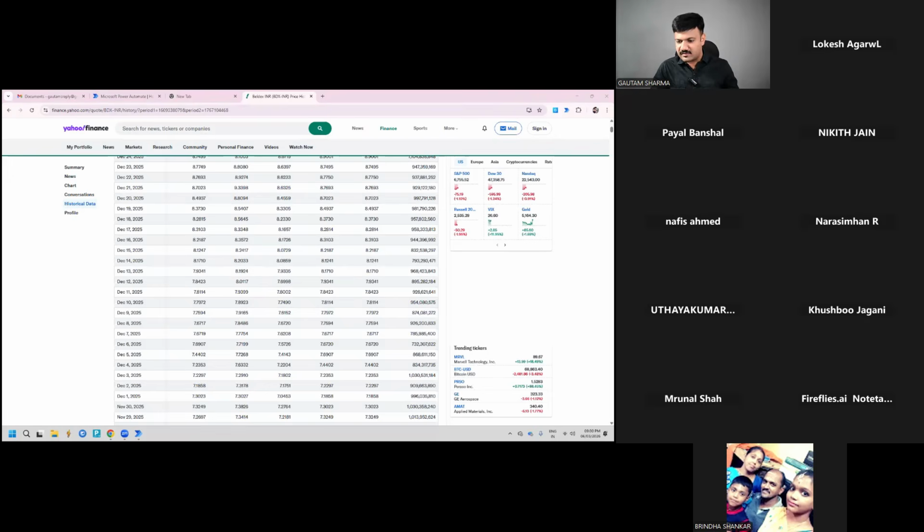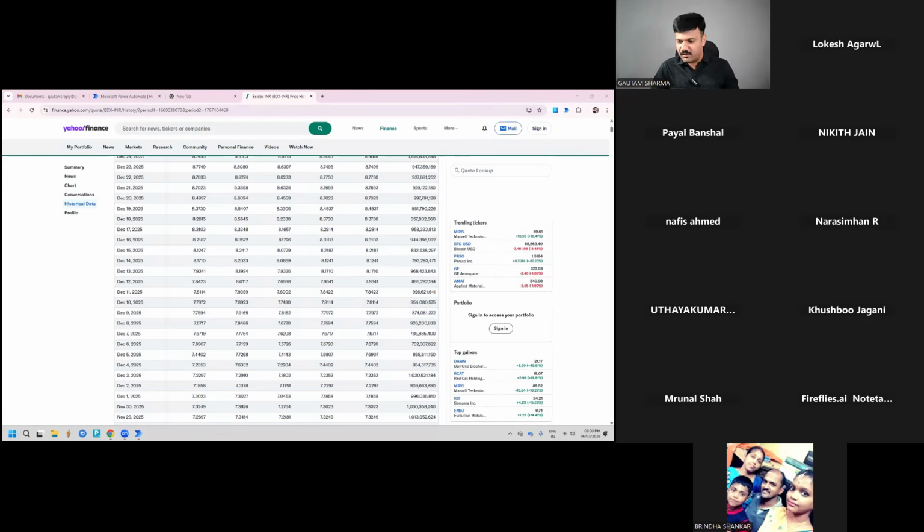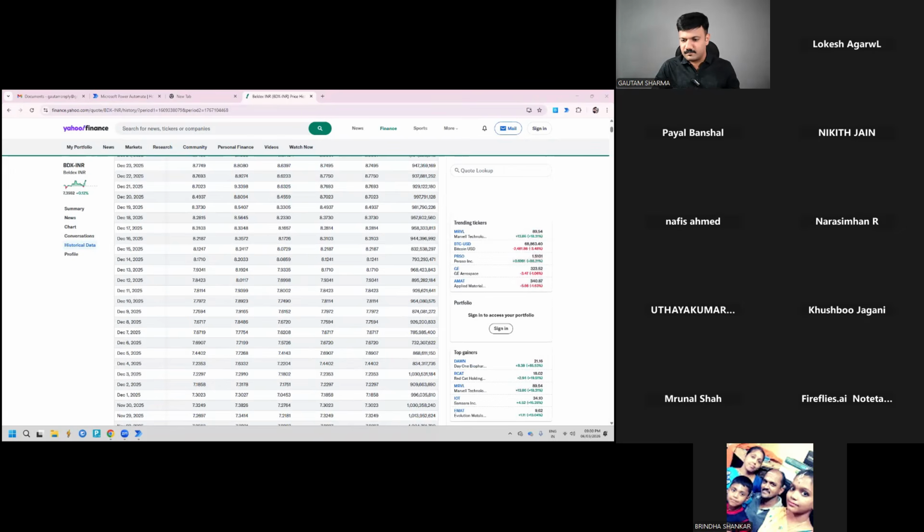Someone is asking to show the ITR downloading flow. Okay, I will show that. Kausalji is asking how it will read only the invoice number column, as there are multiple data in the PDF. Yes, Kausalji, there are multiple data in your PDF, but for that we have given a split text variable action. So when we are getting the data from the PDF in the first step,